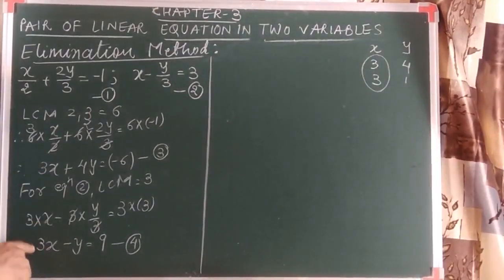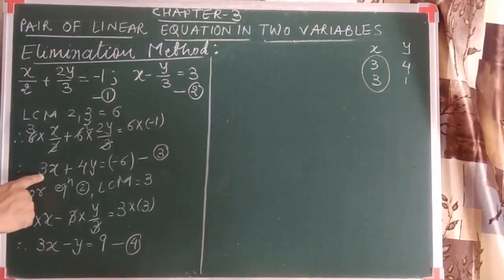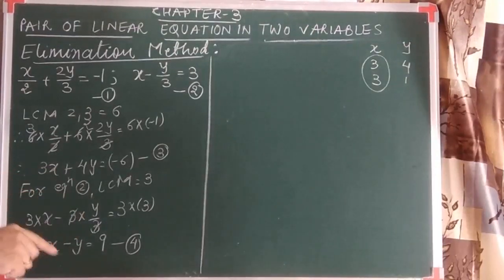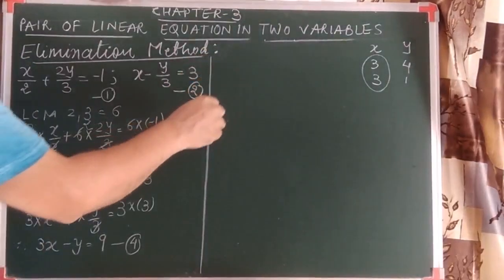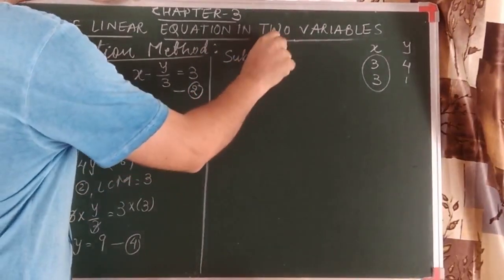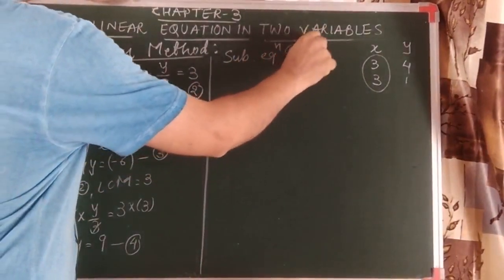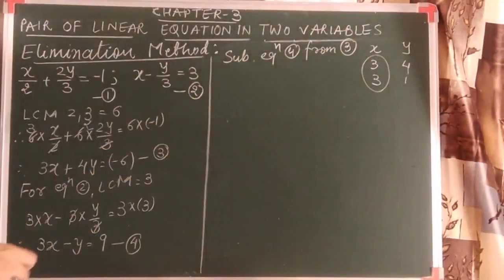अगर आपको जिसको एलिमिनेट करना है उसके कोएफिशिएंट सेम है विद द साइन तो हम सब्ट्रैक्शन करेंगे, और अगर कोएफिशिएंट्स एडिटिव इनवर्स है तो हम हमेशा एडिशन करेंगे. सो हियर इट मस्ट बी सब्ट्रैक्ट. सो लेट्स नोट इट डाउन. सब्ट्रैक्ट इक्वेशन 4 फ्रॉम 3. You can subtract 3 from 4, it doesn't matter.